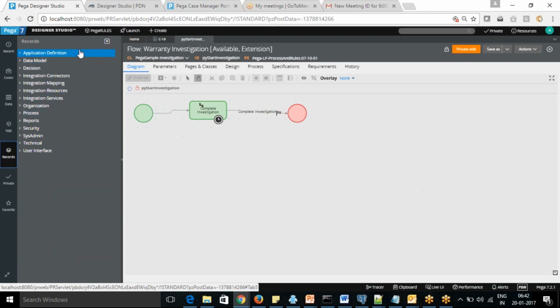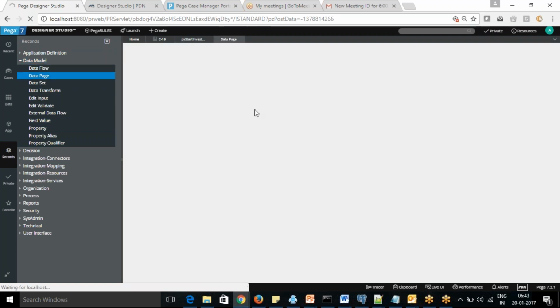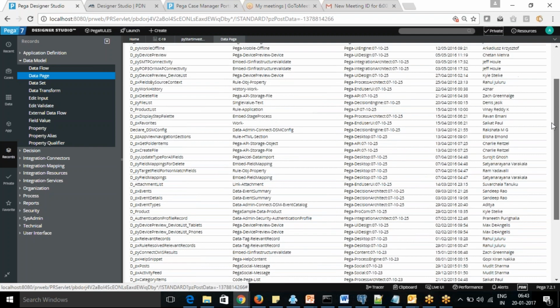Then you have records. Records give you the read-only view of all the Pega rules and application rules. If you ask how many rules there are in the data model, they will all be listed here. If you click one of them, say all the data pages available in the system, it will display all of them, with all the complete details.